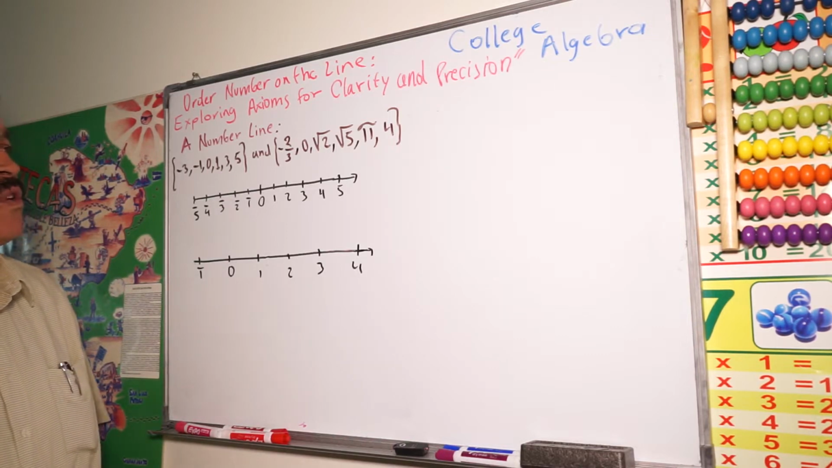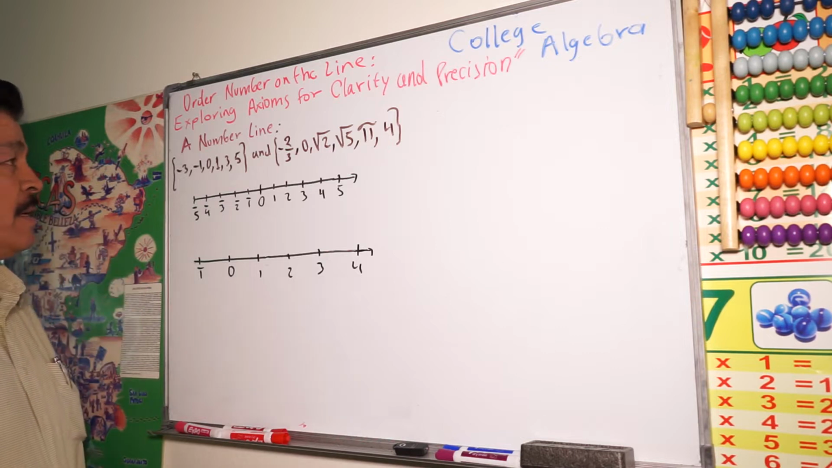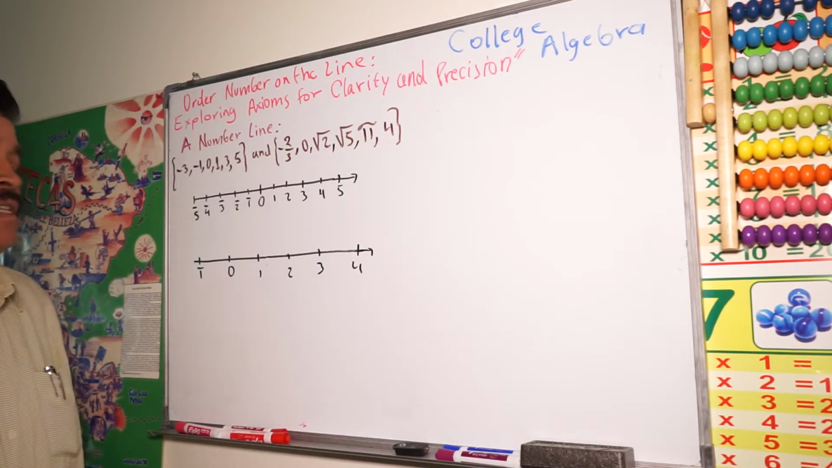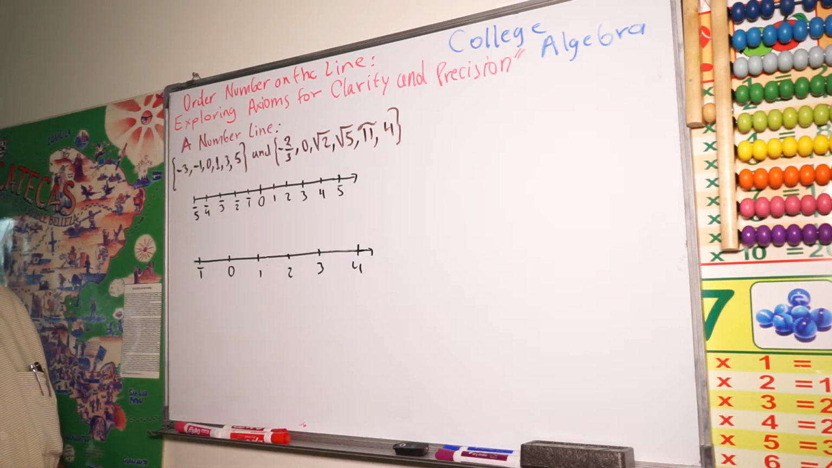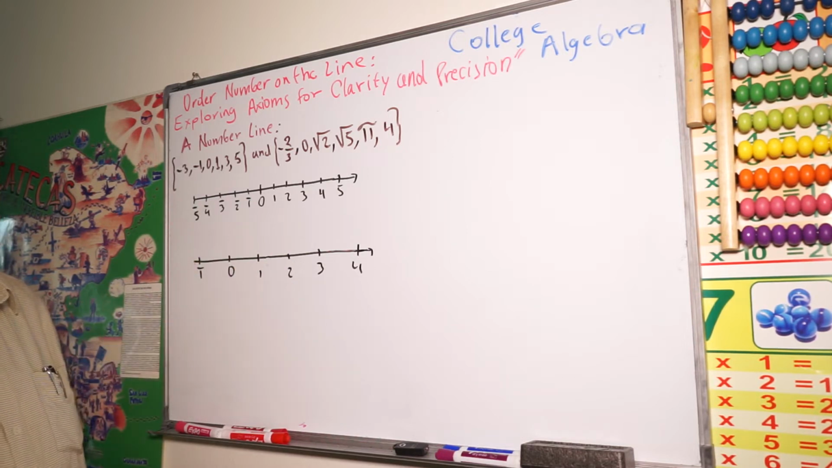Exploring action for clarity and precision. This topic, number line, belongs to college algebra. It's very simple. We just have to put the numbers, some concepts, some ideas in the right order. We are going to review